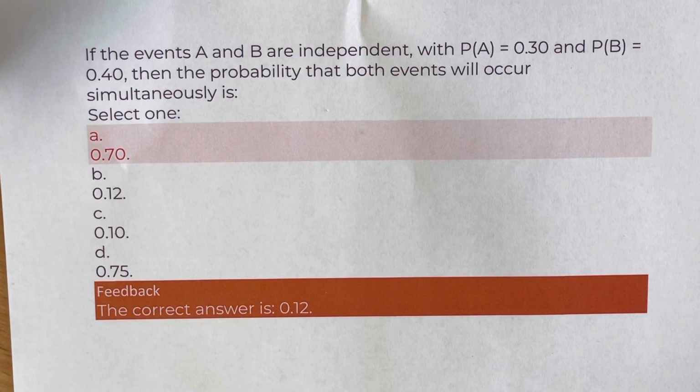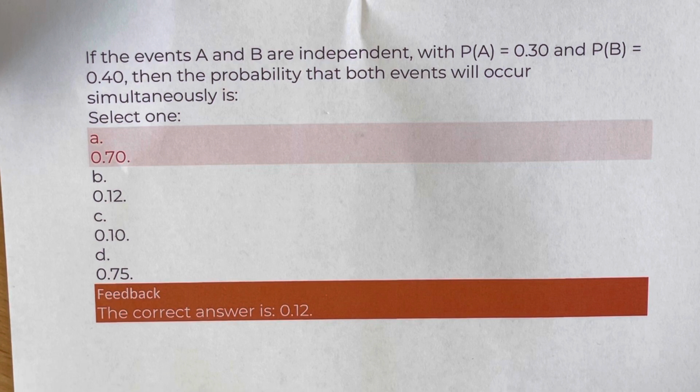Okay, here's a problem. If the events A and B are independent, with the probability of A equals 0.3 and the probability of B equals 0.4, then the probability that both events will occur simultaneously is select one of the following. Now, if for instance we choose